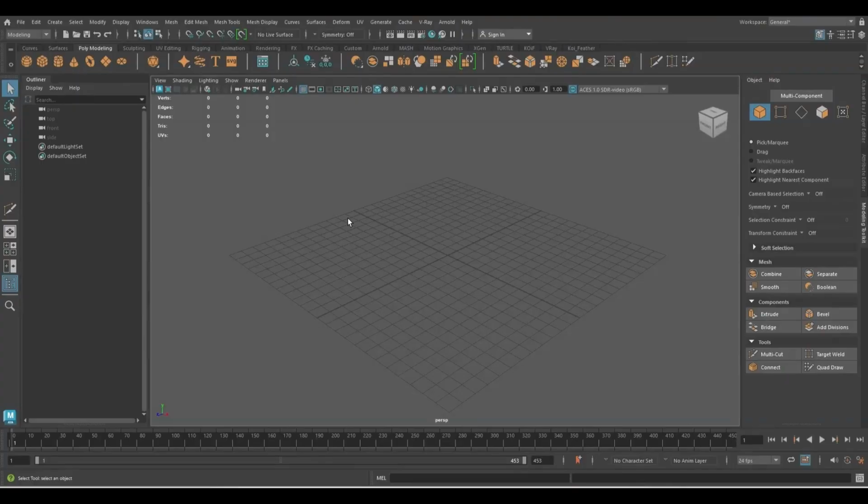Today, we will learn the Maya cut face tool, a small tool but very important for clean topology and